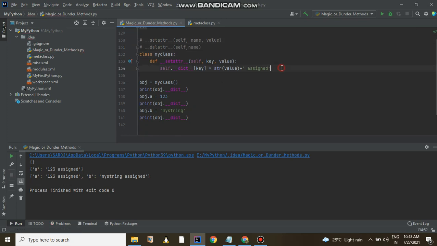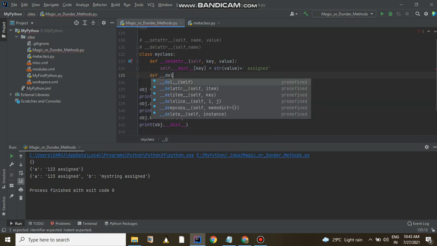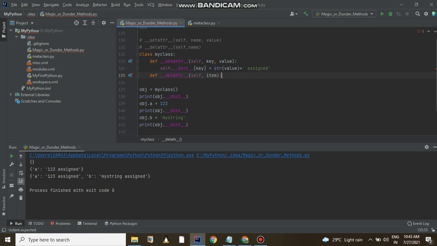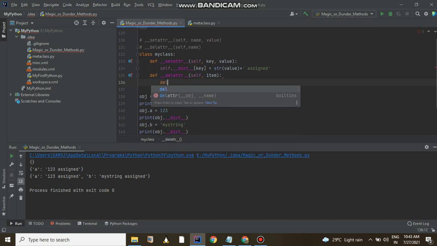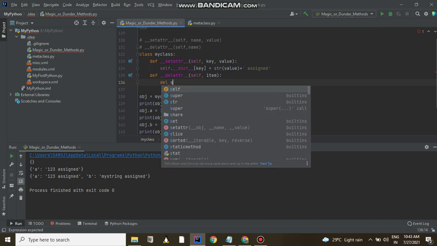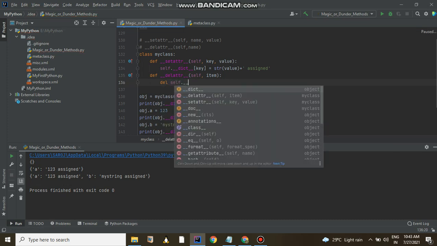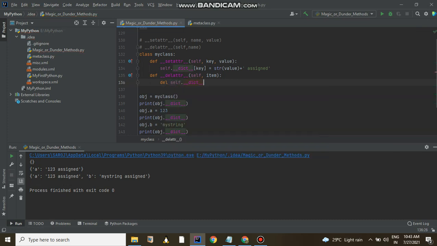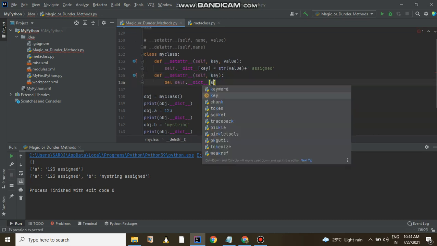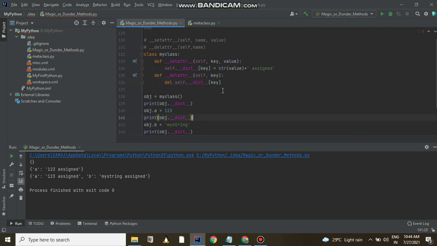So let me define delattr, with item, then I am going to delete the corresponding attribute from the dictionary, self.__dict__, with the key, so that it creates no confusion.